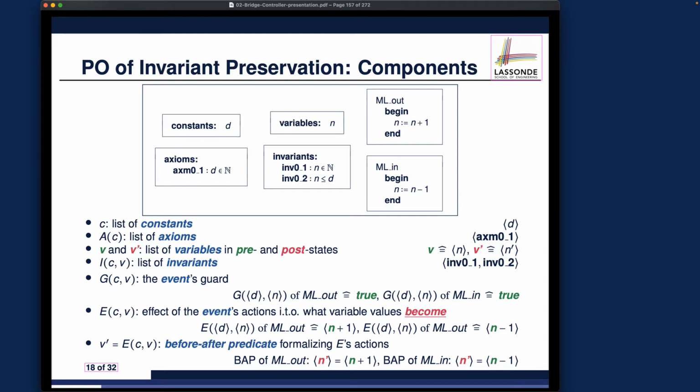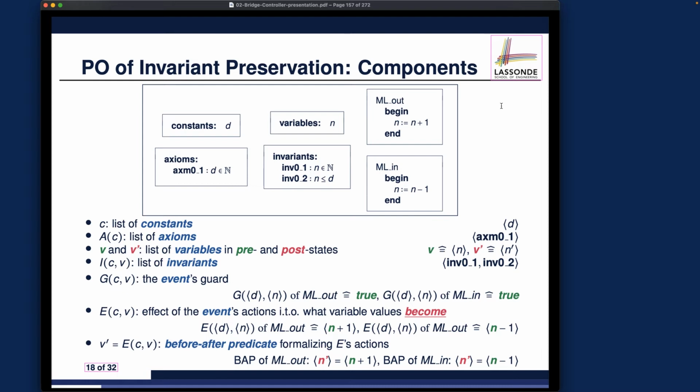So in the last two videos, we did two things. Number one, we did some intuitive sketch about the proof obligation as a sequent for invariant preservation. And number two, we spoke about the various formal components that you should really understand that are extracted from your model. They will be used to formally state the proof obligation. And having done these two things, we are now ready to see the ultimate proof obligation rule as a